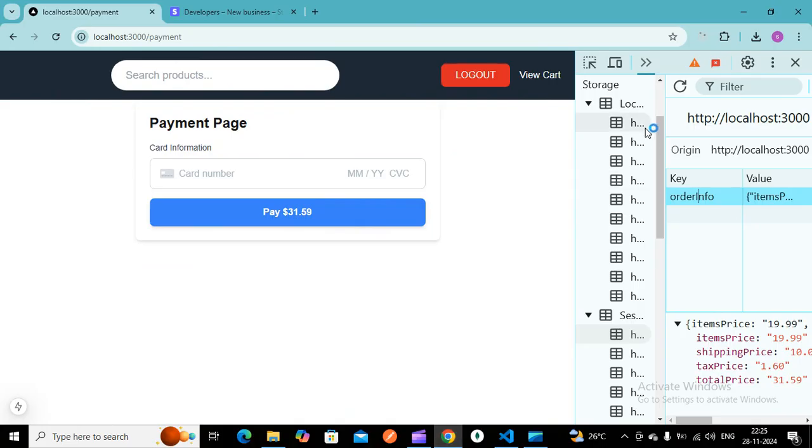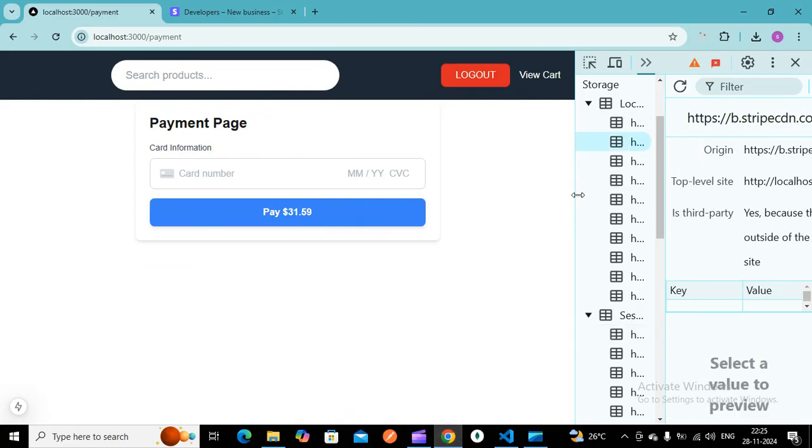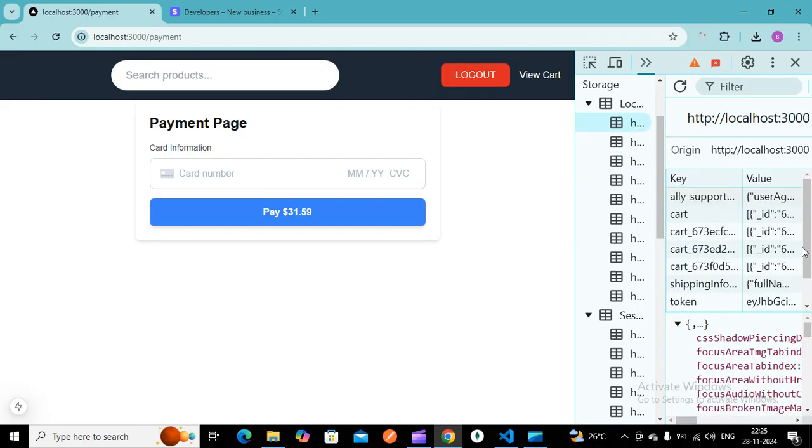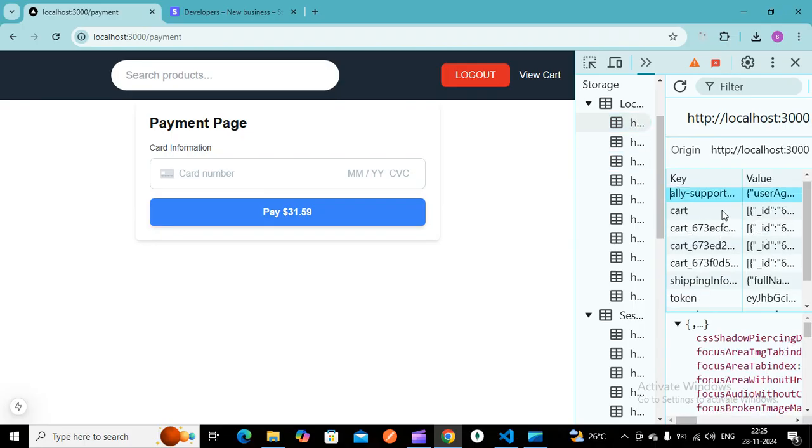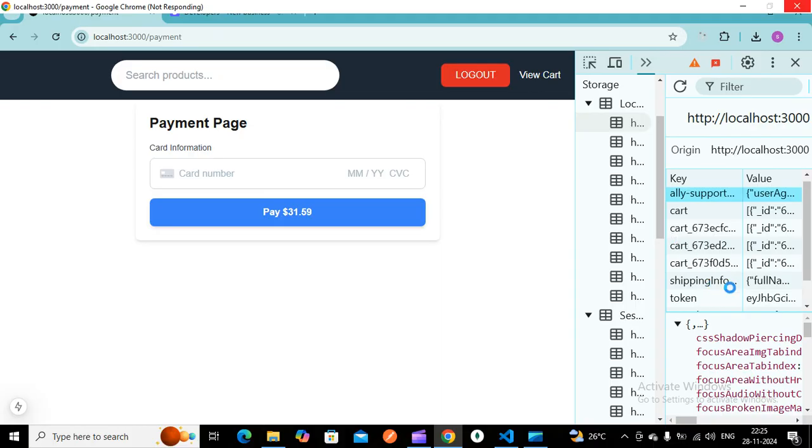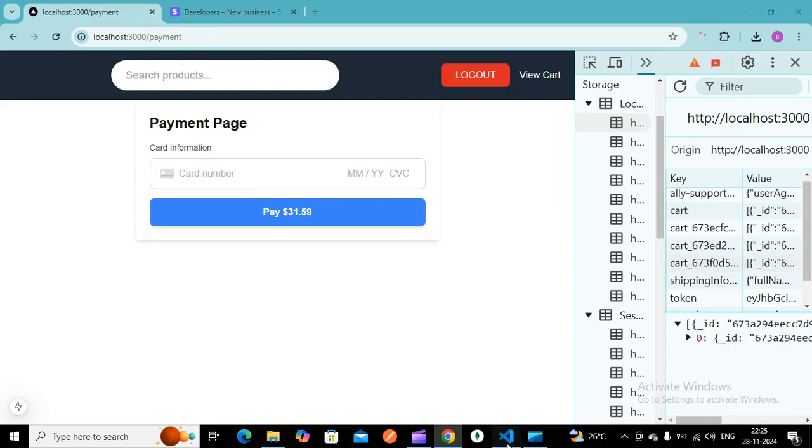Here you can see the local storage, where you have the cart information and shipping info, right?